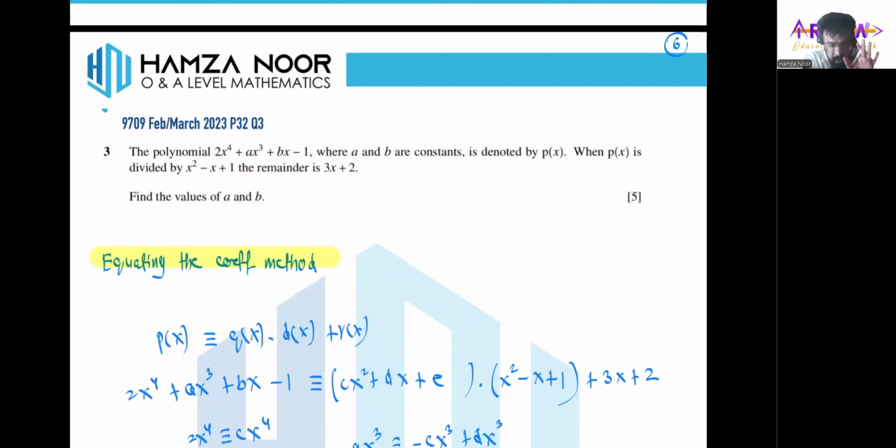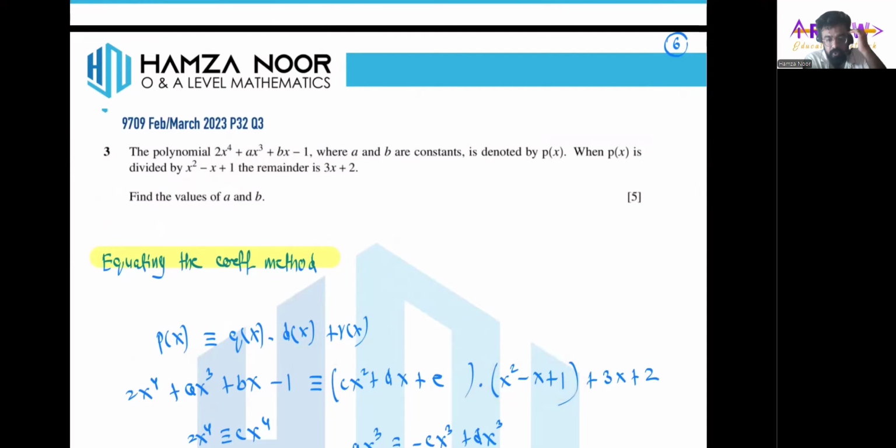So now in this method, you don't need to mention the complete polynomial in a strict sequence. As you can see that the term in x squared is not over here. So you just mention it as it is, 2x raised to the power of 4 plus ax cube plus bx minus 1. And this will be identical to, first you will make some space for the quotient in the brackets, and the divisor is basically a quadratic polynomial, which is x square minus x plus 1.